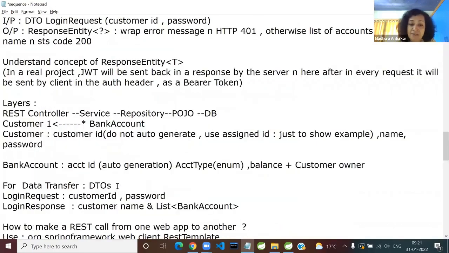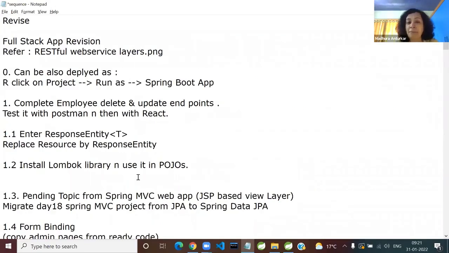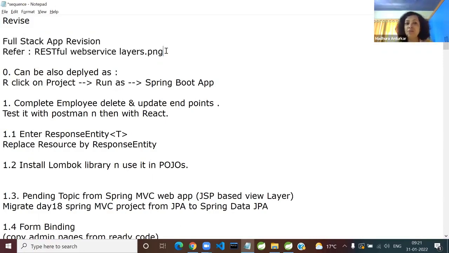So whenever I reach here, we will talk about that. And this is, I think, more than sufficient for a day. And I'm not even sure whether we'll complete all of it. Okay. So what I'll do is this way. I will first give you, hopefully, a quick revision regarding the full stack application. And after finishing the revision, then I'll ask you if there are any specific queries, specific questions. So keep your questions ready by then. But if they get solved during the revision, then it is well and good. Okay, so let me start